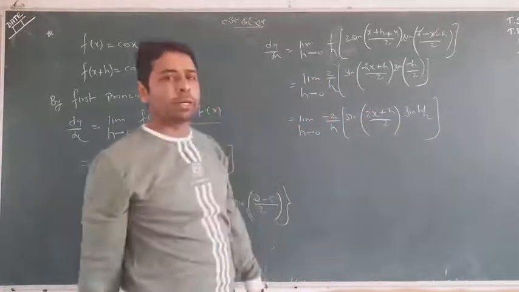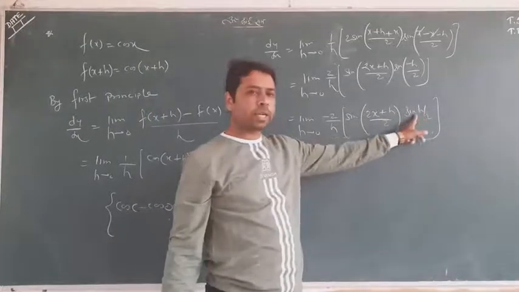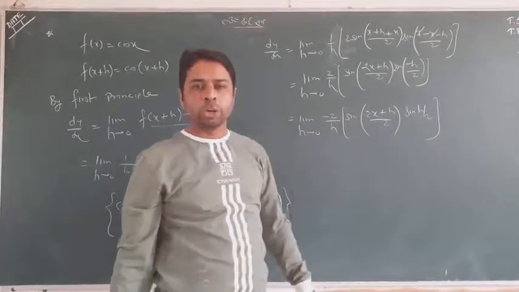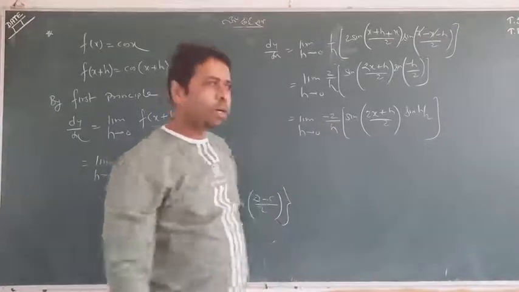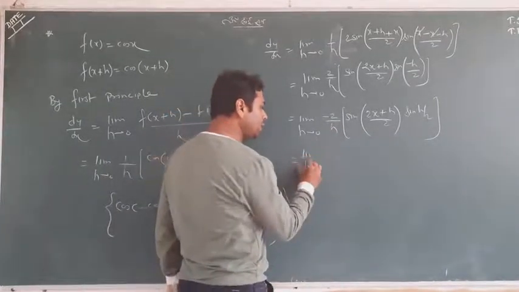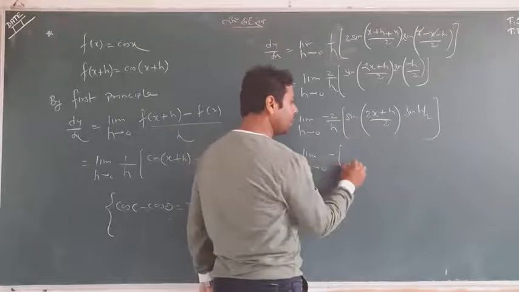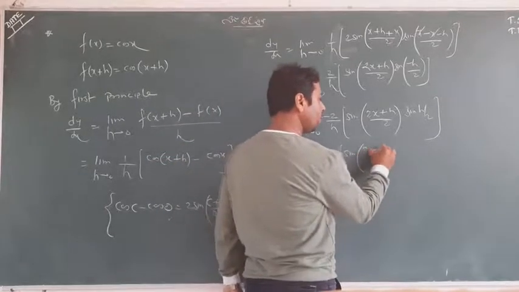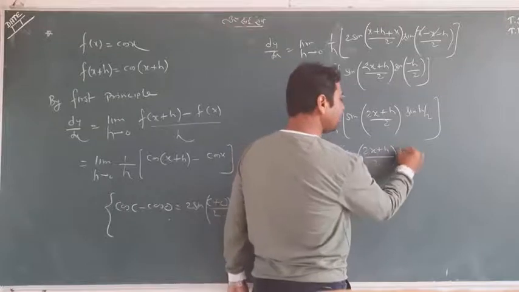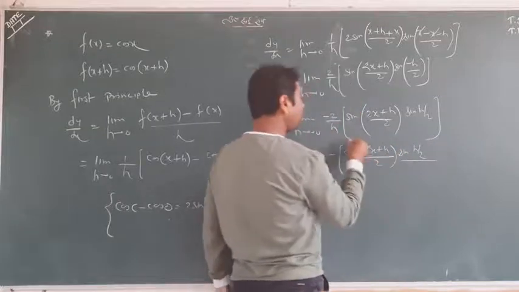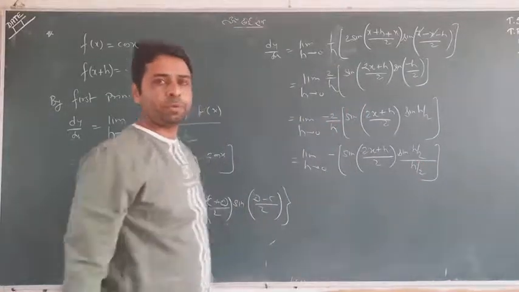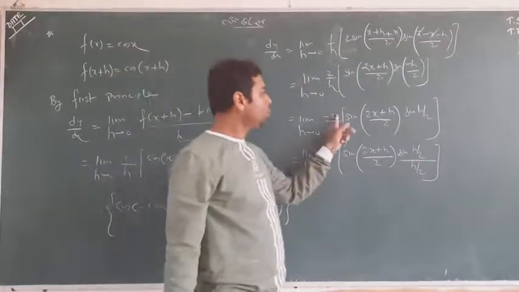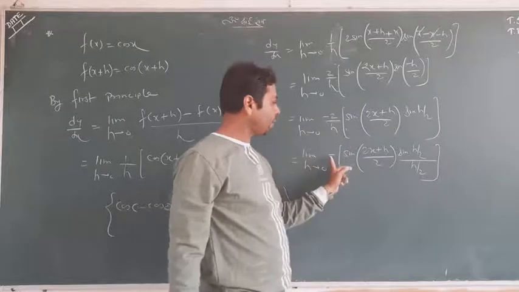And you know the same method. We have an angle h by 2 with the sine, so I will try to make the same value in the denominator. And this 2 by h is waiting here. I will write the minus outside, sin of 2x plus h by 2 the same, and sin of h by 2 upon h by 2. That is, I transferred the 2 by h to h by 2, and the minus I have written outside.